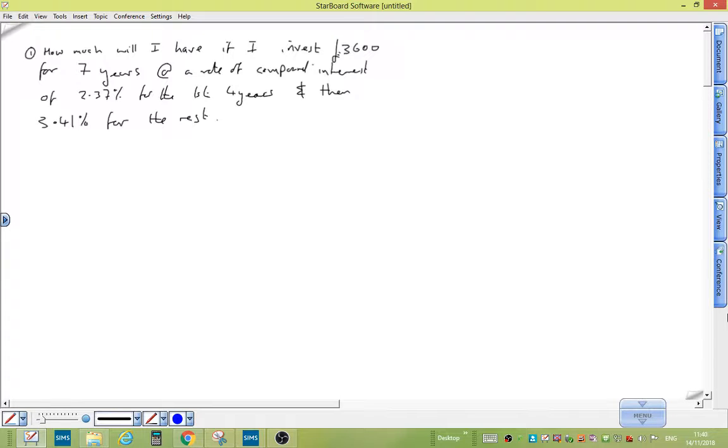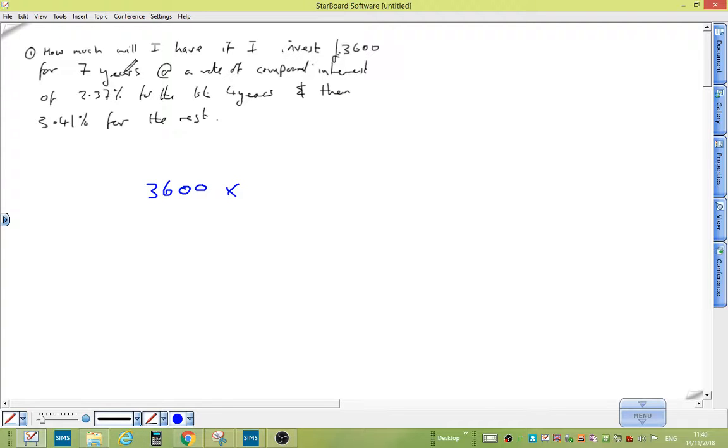Right, so question 1. How much will I have if I invest £3,600 for 7 years at a rate of compound interest of 2.37% for the first 4 years and then 3.41% for the rest? Okay, you should remember that it is the quantity that goes in to begin with. You multiply it by